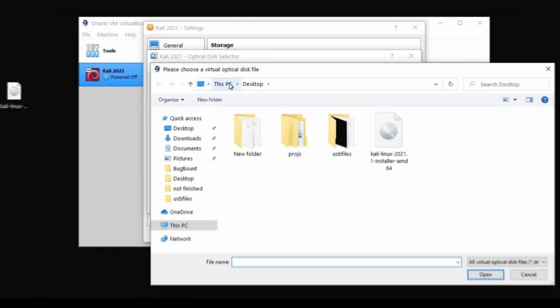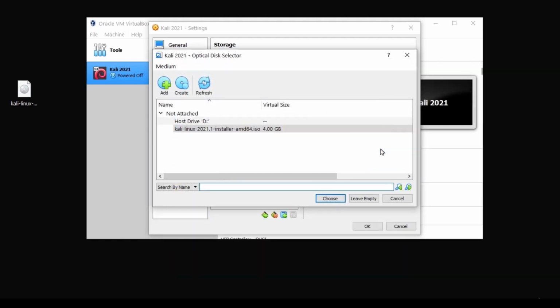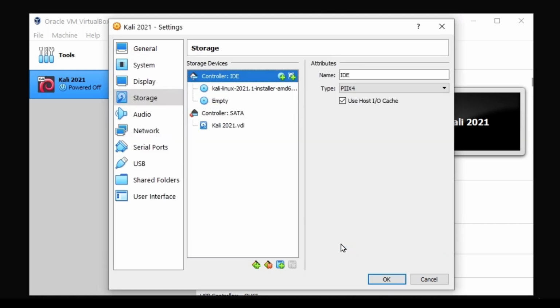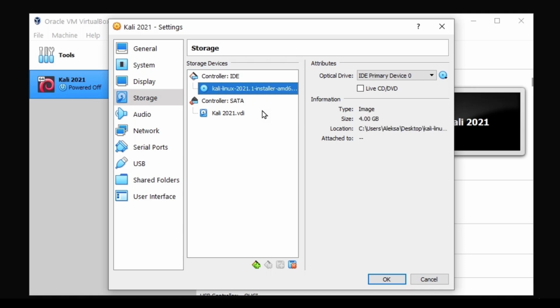Once you do that, you want to navigate to wherever you have your ISO image saved, or your Kali Linux image saved. For me, it's on desktop, and you want to double click it. Then you want to select it right here in this small window, and you want to click on choose. Now under the controller IDE, you will have your Kali Linux image and you will have this empty image. Now this empty image we don't really need, so we can just right click it and remove attachment, and we will be left with just Kali Linux